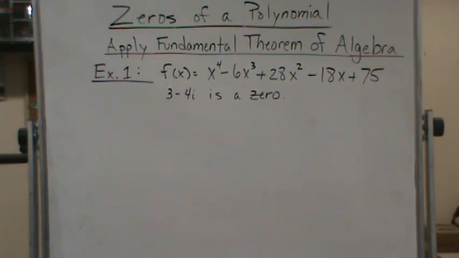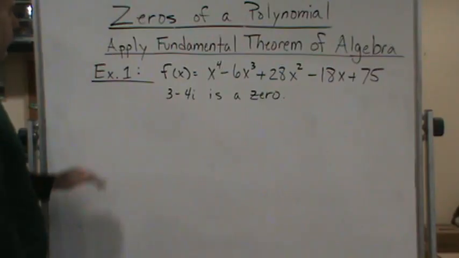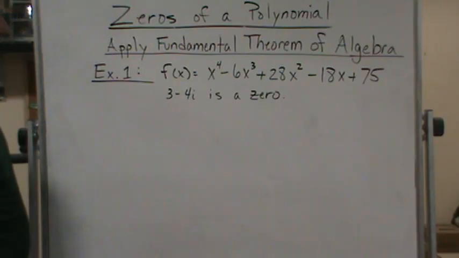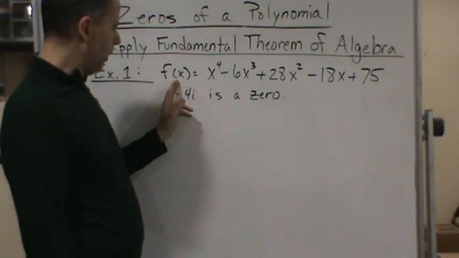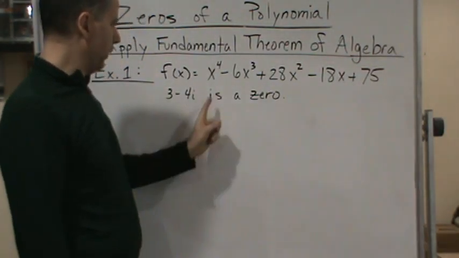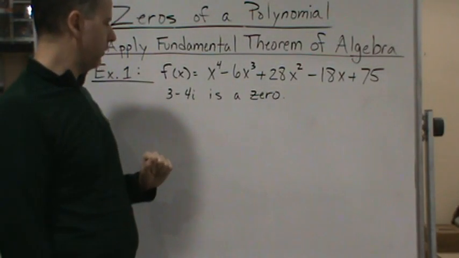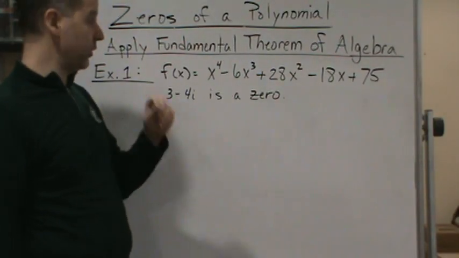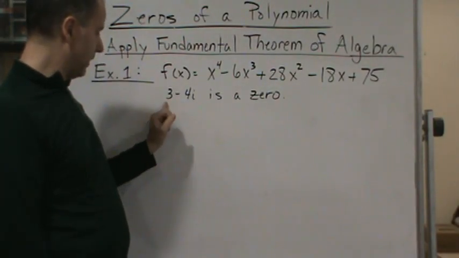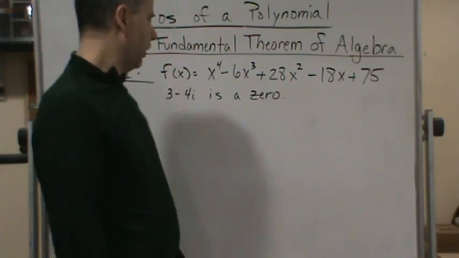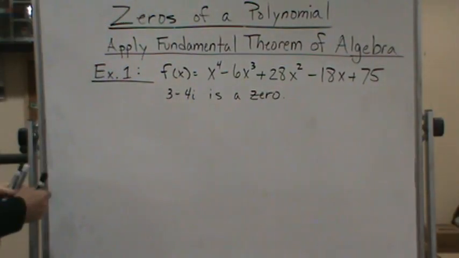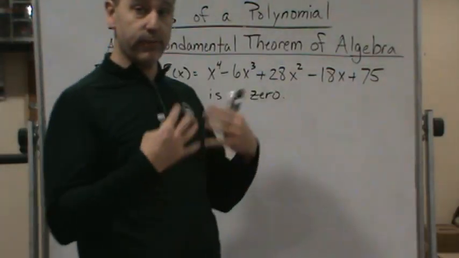All right, let's do a few examples here. So let's do the first example. It gives us this polynomial. So we've got a polynomial, right? It has real coefficients. Okay, so no complex coefficients here. And they did give us this complex number as a 0. Okay, so if it's a 0, then, well, the first thing they want us to do is let's find all